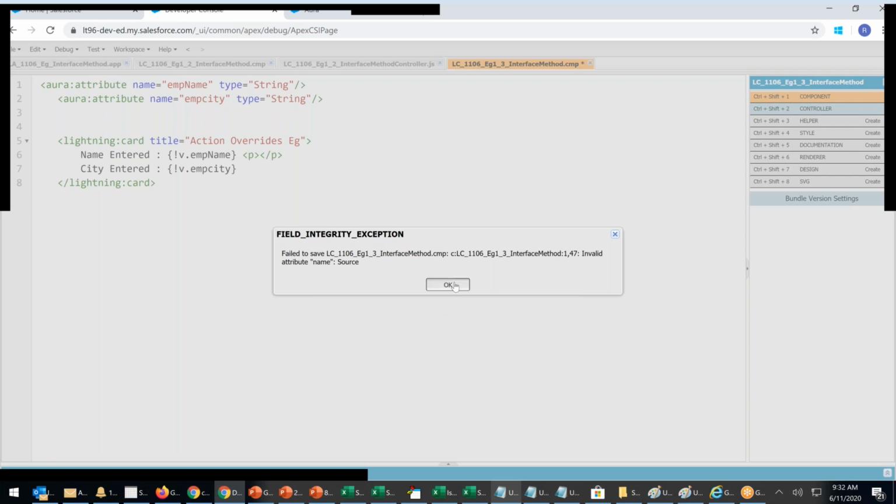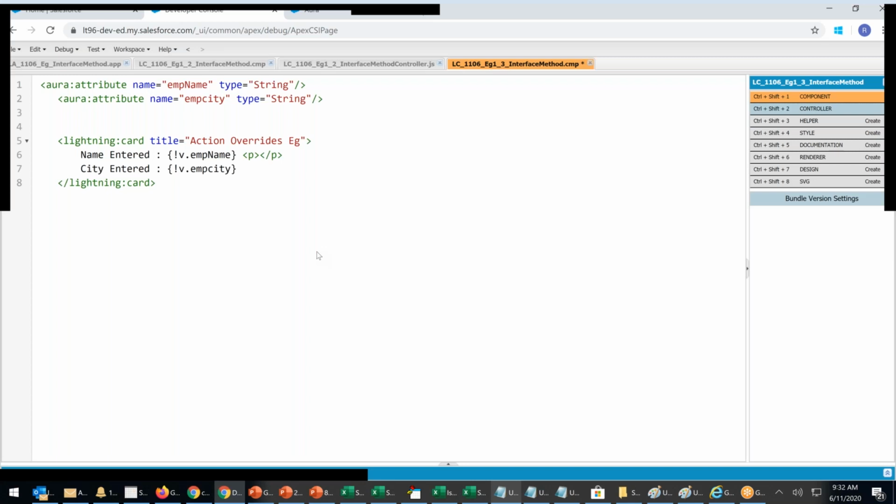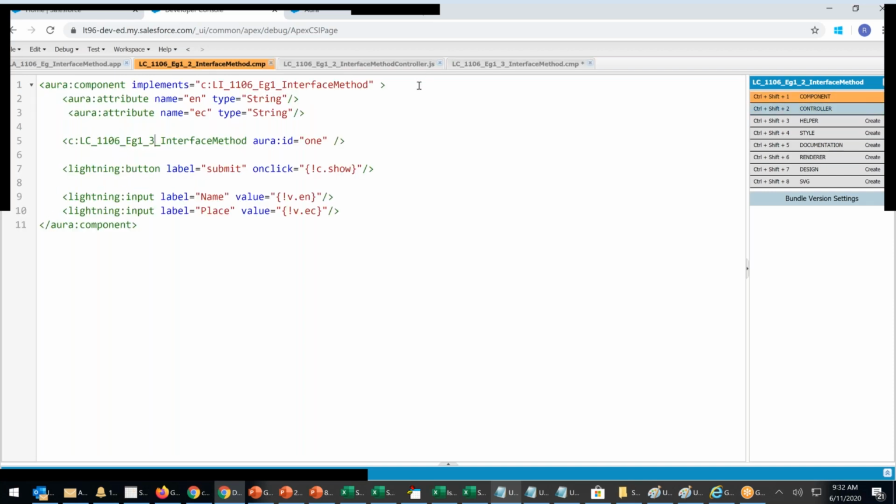Name is the problem. The Aura component is missing. Yeah, got it. We copied, but the Aura component is missing.